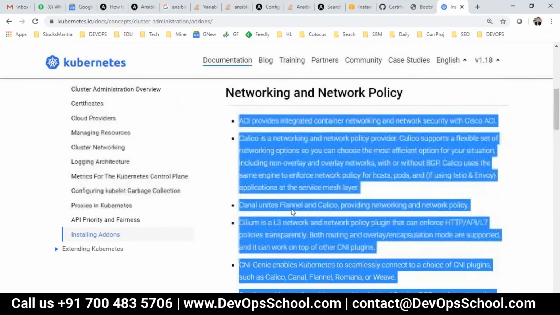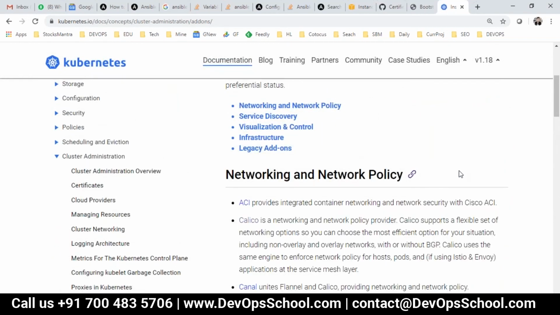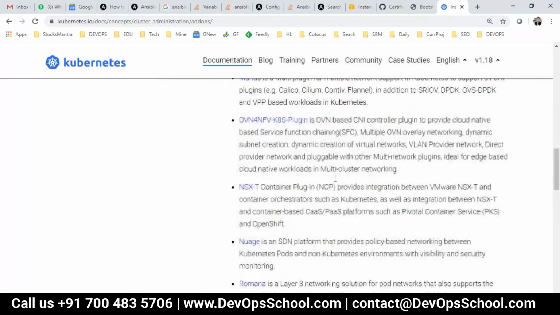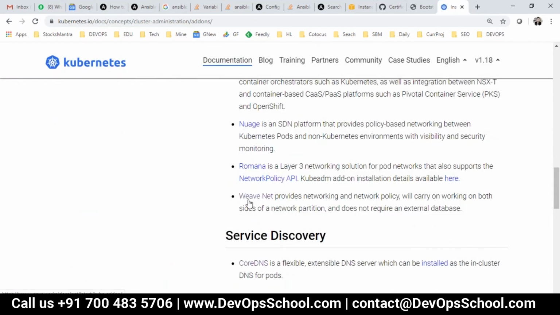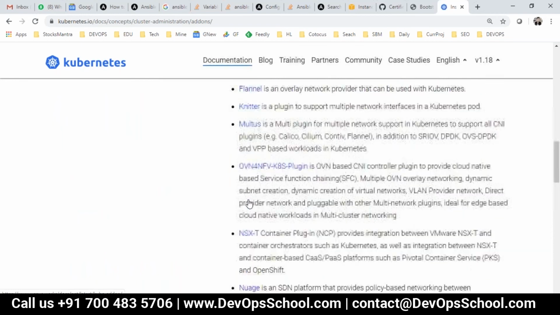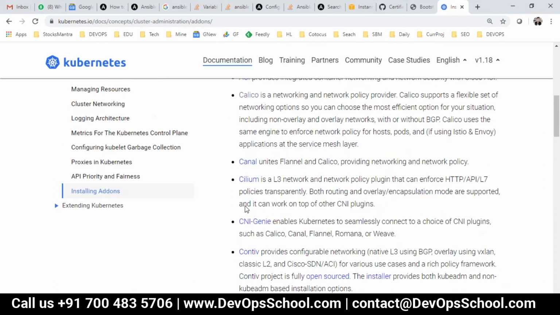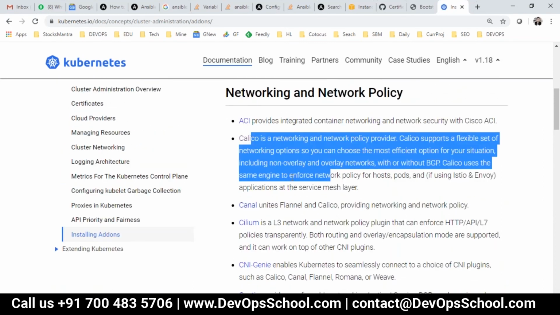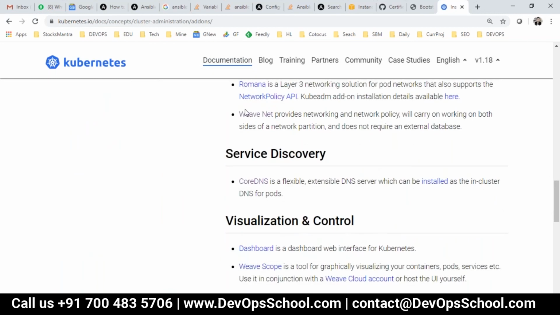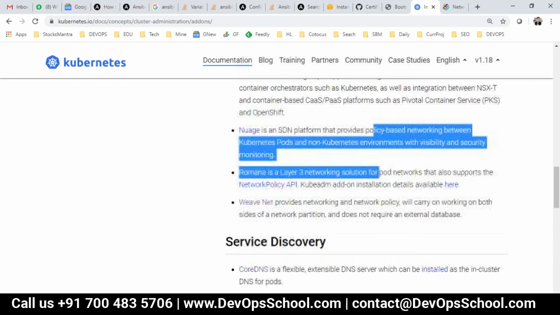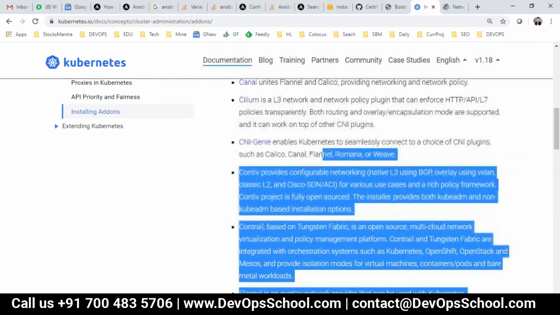I will get into the networking session in a separate one, not now, but for the time being we will use WeaveNet, or we will use Calico also, Flannel also. Calico is here. Which are these, we will discuss in a later class, okay? But we will apply WeaveNet. These are all CNI, right? Yeah, these are all Kubernetes network CNI interfaces, CNI drivers actually. Policy we call it in Kubernetes.